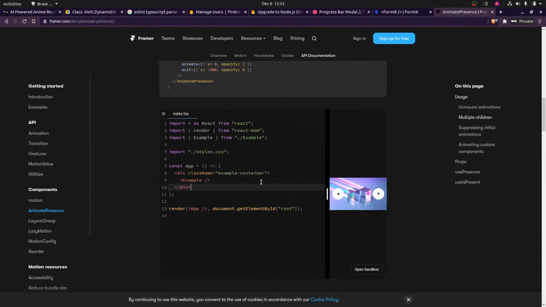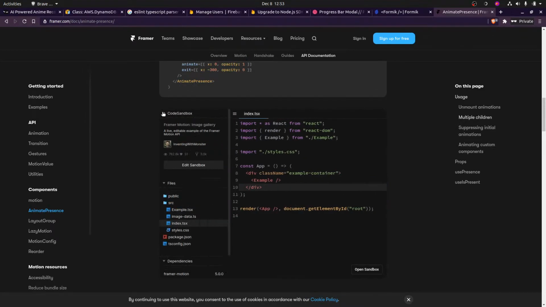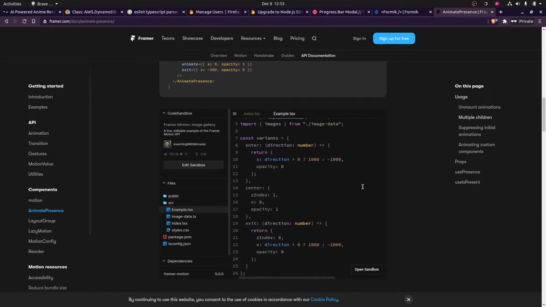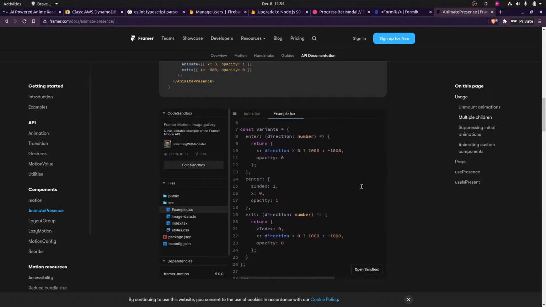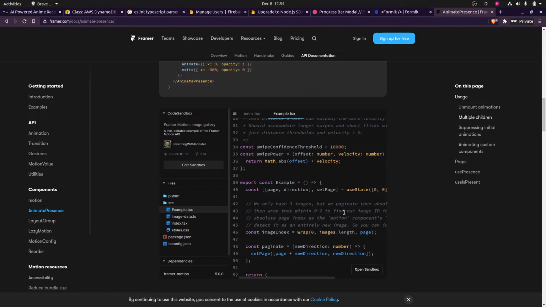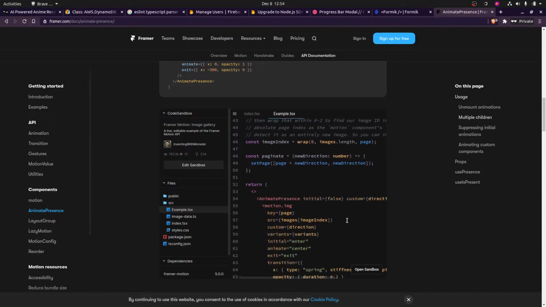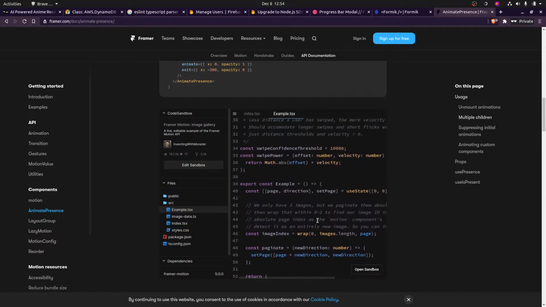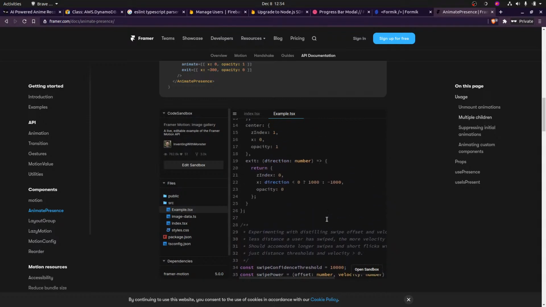Okay. So I kind of want to see what they did here. They have a thing here. And interesting. Okay, they use variants, of course.